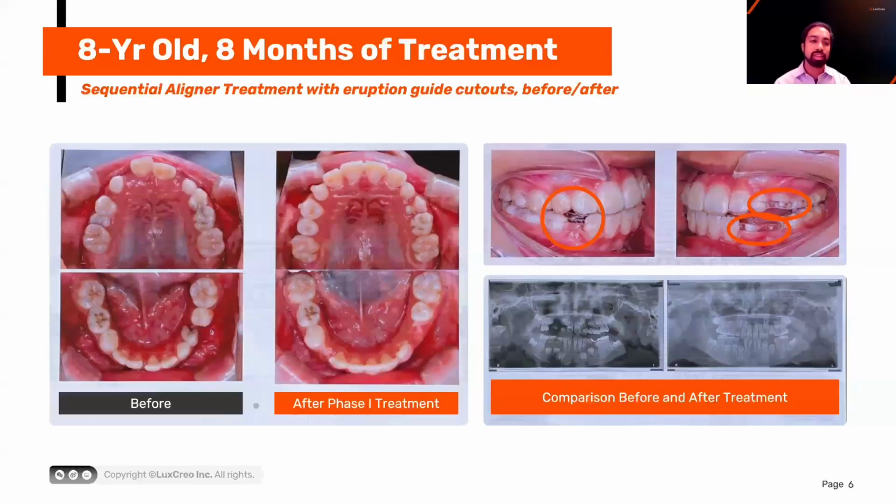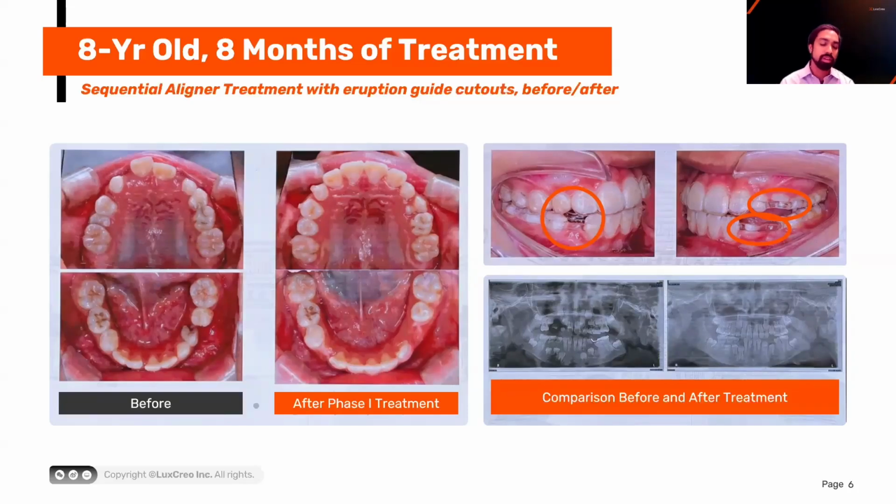So this is not a theoretical thing. This is something that a lot of our doctors have been using with great success. I think the number one use is using it as a transitional retainer, after palatal expansion, for example, which is really common. And then in interceptive treatment, when their primary teeth are growing in, put on a transitional appliance until their primary teeth have grown in, and then you can resume the treatment, usually with the